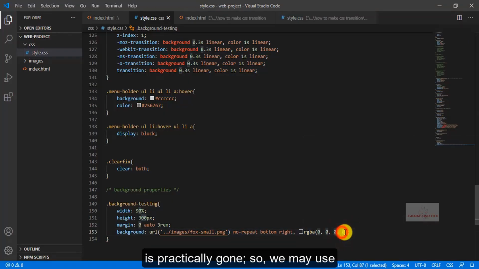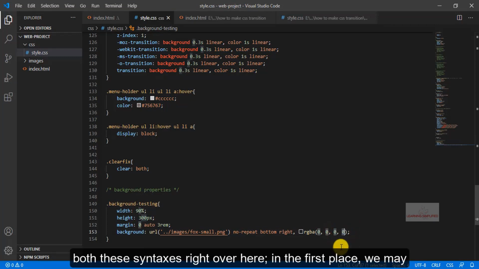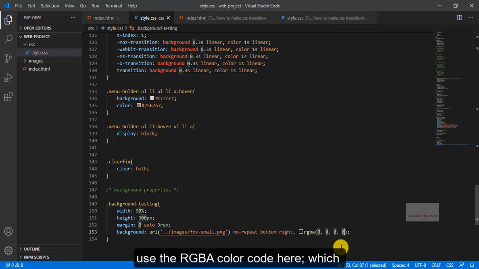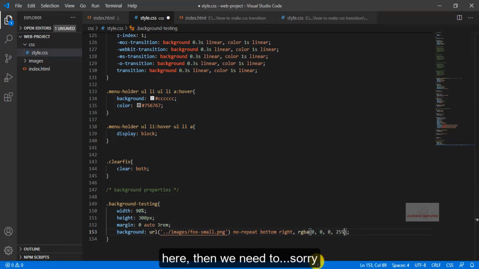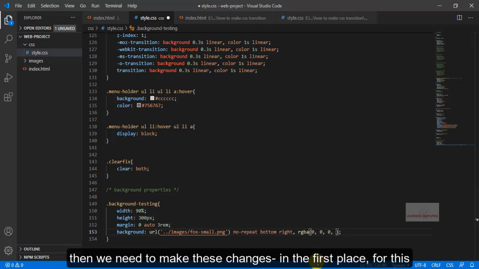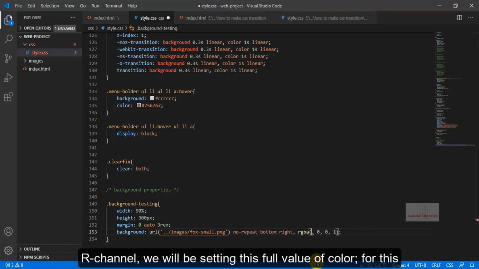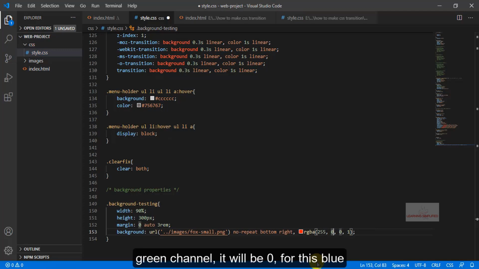So we may use both these syntaxes right over here. In the first place, we may use the RGBA color code, which will have some definite value. Say if we wish to have a reddish color here, then we need to make these changes. For the R channel, we will set the full value. For the green channel, it will be 0.